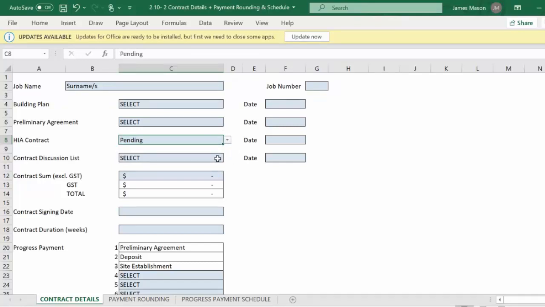Contracts discussion list, that goes next. That would be pending until we actually sit down and talk to the client. We come through those next stages. And here you basically fill in all the details like contract sum. Let's say, for example, it was a $400,000 project. At 440, you put in things like the contract signing date, duration for the project,